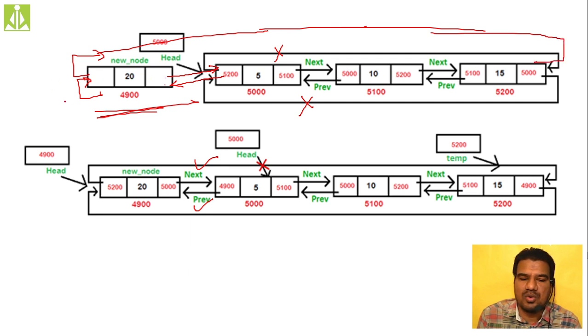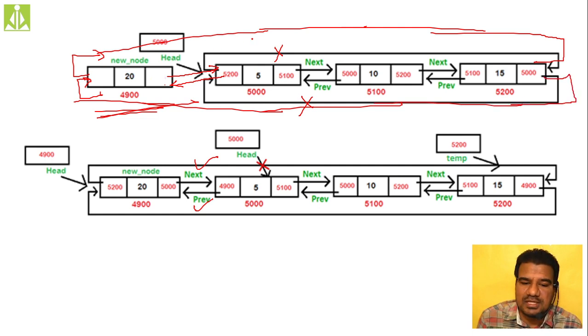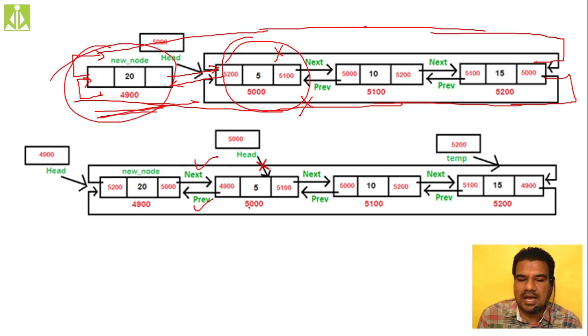Previously this was my head node, and currently this is my head node. That complete correction you can see here, and we need a temporary pointer to do so.